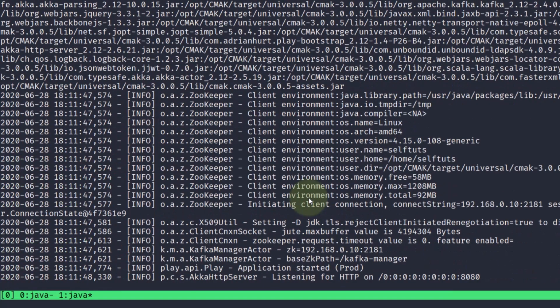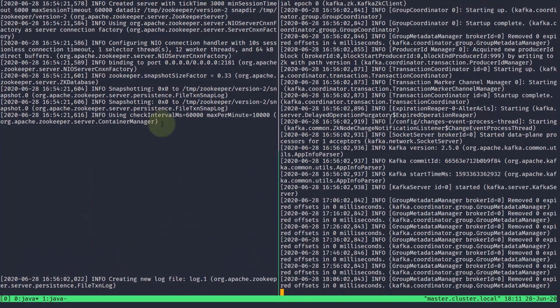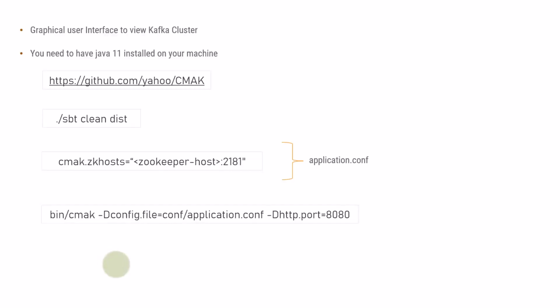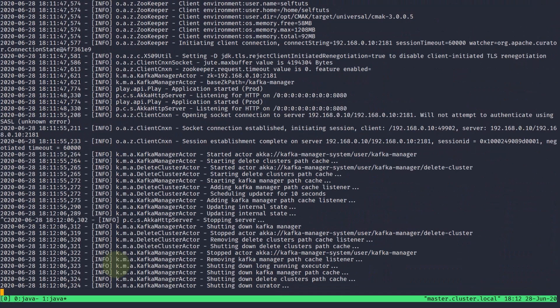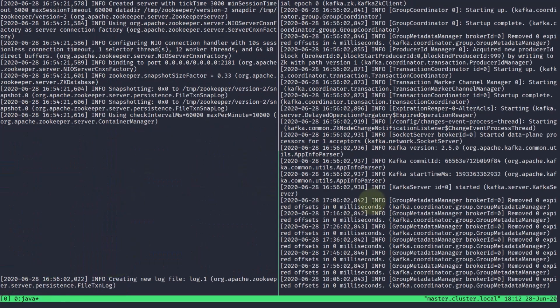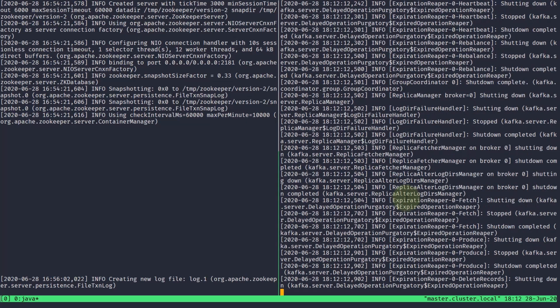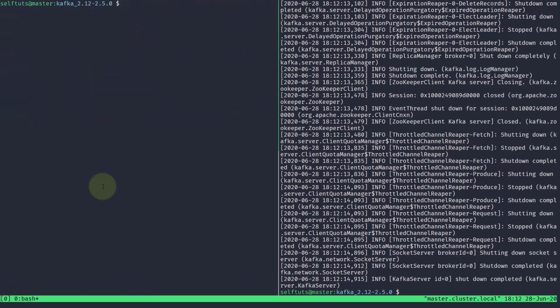I have already started my Kafka server and Zookeeper in the previous video. These are the two running ones which I showed in the previous video. I'll close the one running in this particular tab. It has started, but I'm closing it now so that I can start all of these inside a single terminal. So I'm doing a Control-C here, so the existing server will close, and I'm also doing a Control-C on my left hand side. Now I'll clear the screen everywhere.